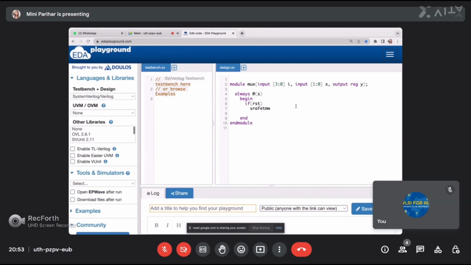What should be there? At that time there can be an erroneous value, so this can be a condition where a latch will occur.